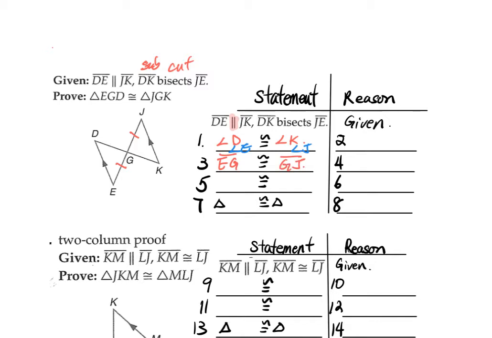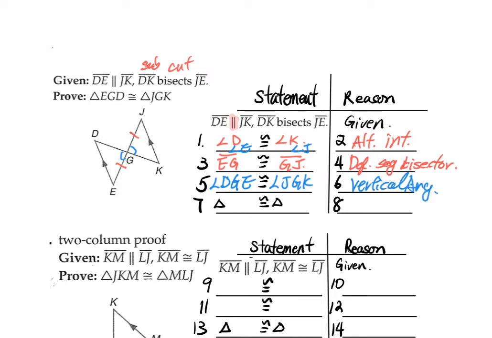Of course, the first reason, number 2, should be alternate interior angles, the one with the parallel. The second one will be the definition of segment bisector. But if you just said definition of bisector, I will give you credit for it too. And then we have the vertical angle. Angle DGE